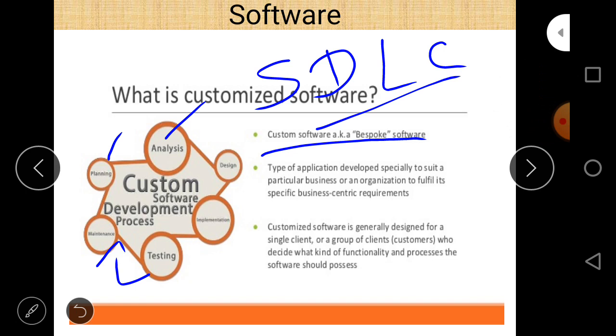Most software companies and firms basically work on customized software, because it is user centric, according to the customer's needs. They follow the SDLC life cycle, in which different phases are there. Actually, all software requires SDLC phases, but in customized software there is evolution from time to time, according to the user's need.